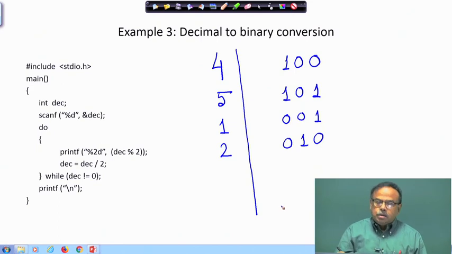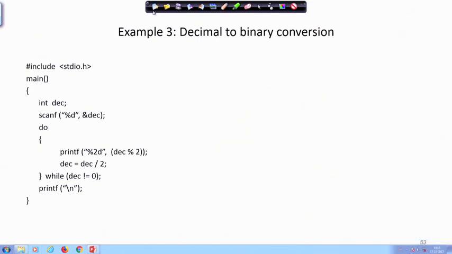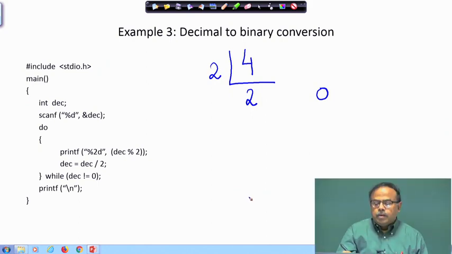What is the algorithm? The algorithm is something like this. Say I take 4 and divide it by 2. So, the quotient is 2 and the remainder is 0, right.